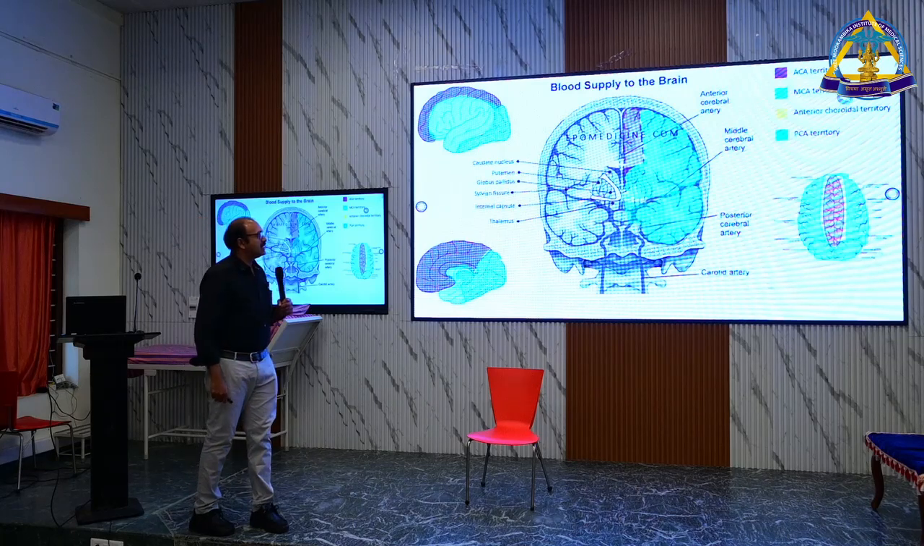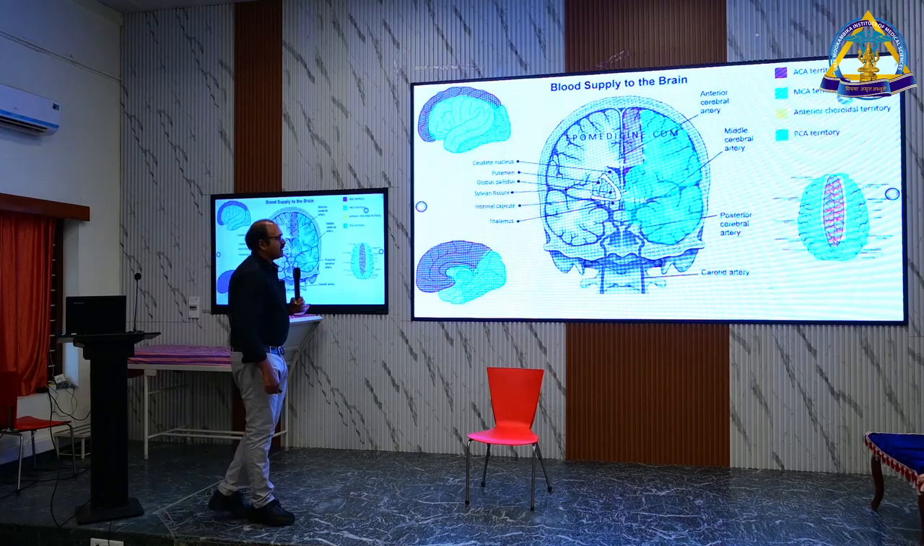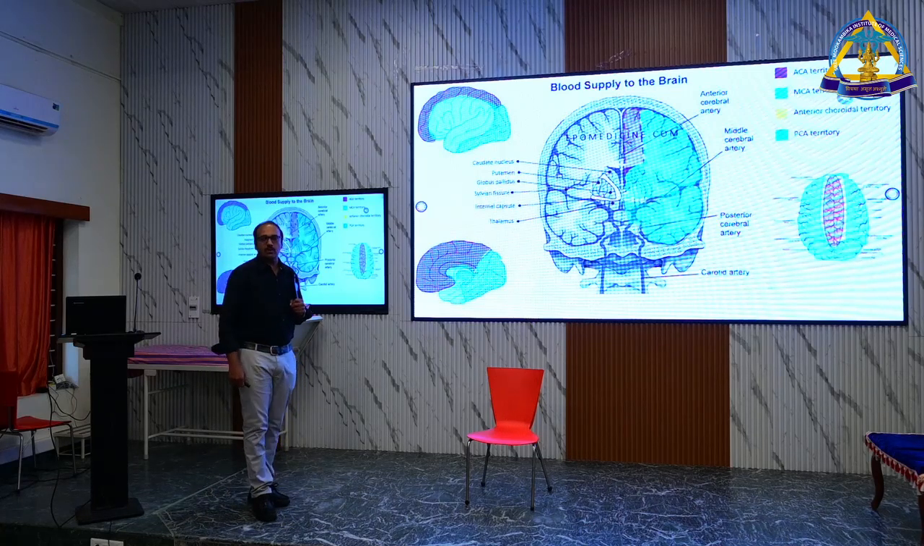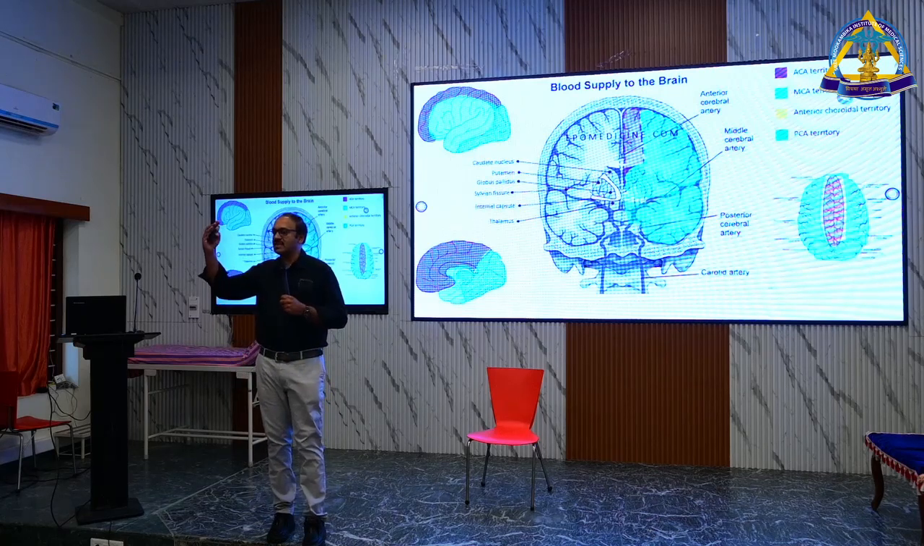Purple is the anterior cerebral artery. Blue one is the middle cerebral artery, and green is the posterior. So how can you imagine the homunculus, again from physiology books, the homunculus is set in such a way that the face and upper limb